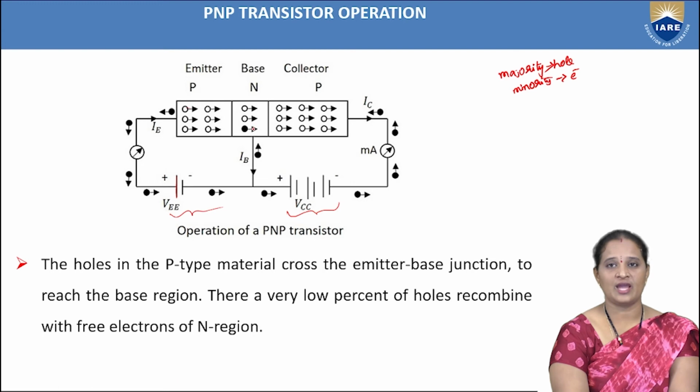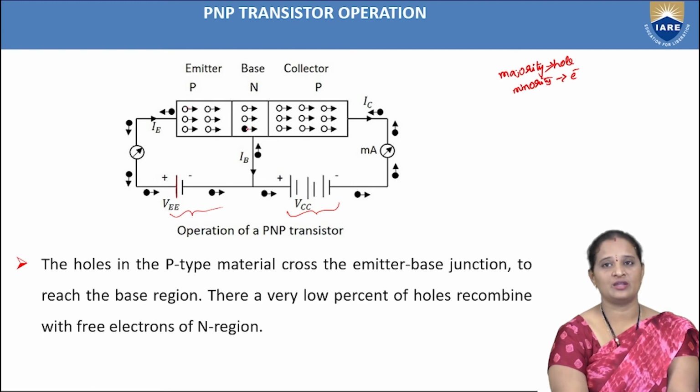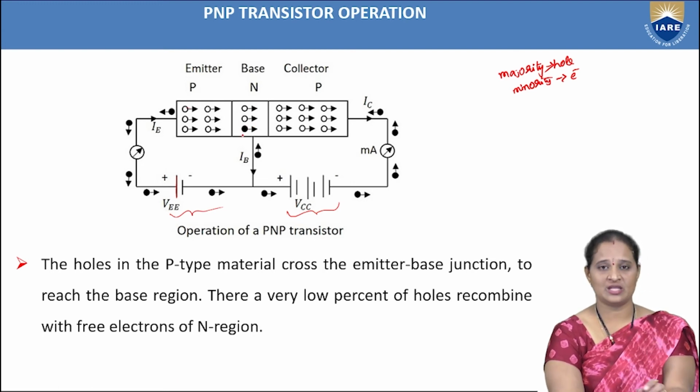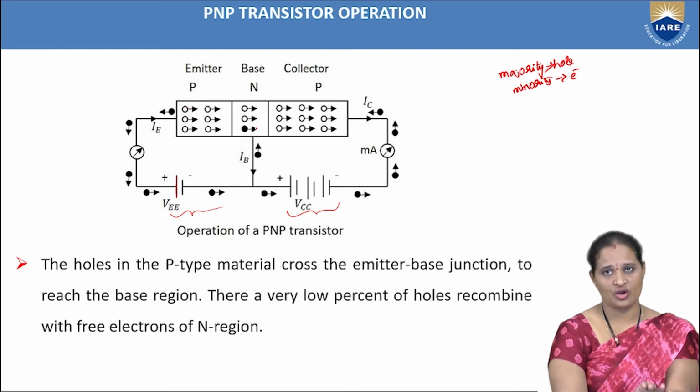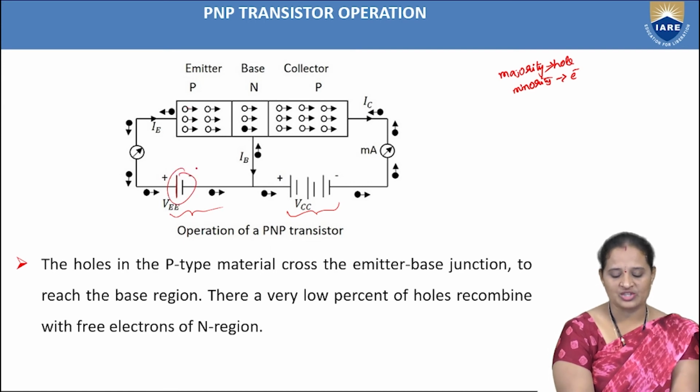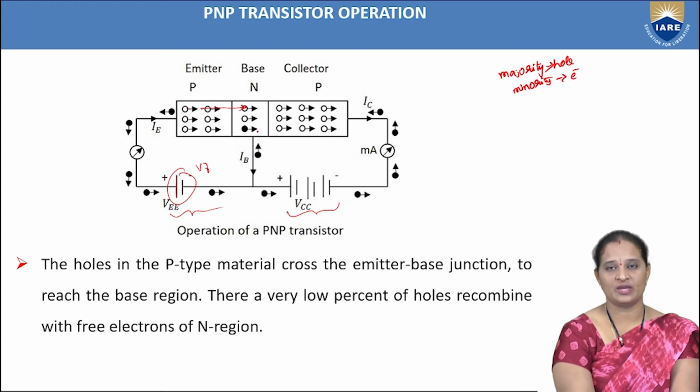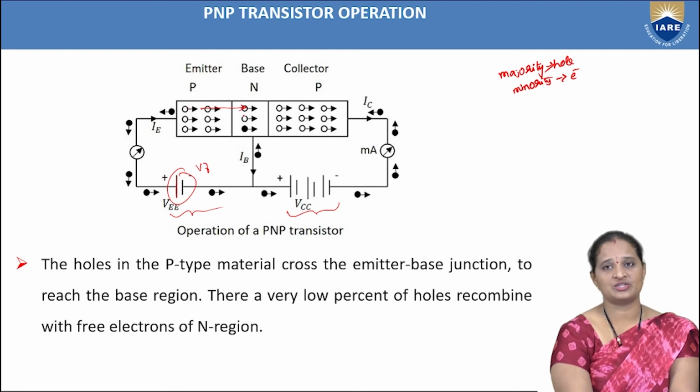The n-type base is lightly doped, so there are fewer majority charge carriers, which are electrons, in the base region. Once the applied potential is greater than V gamma, these holes will cross the junction and enter the n-type base, and they will recombine with the electrons, the majority charge carriers of the base,